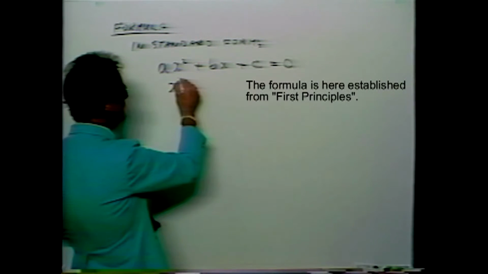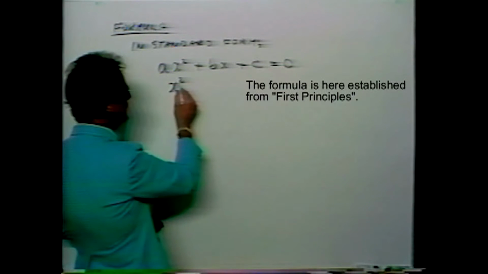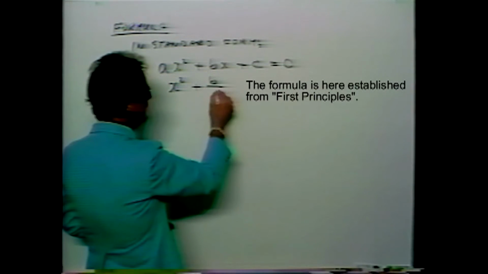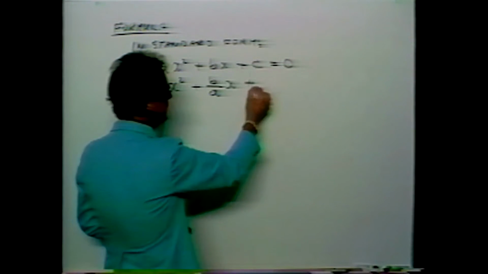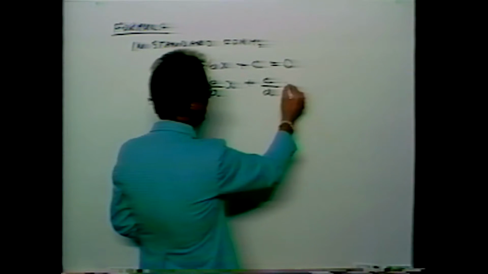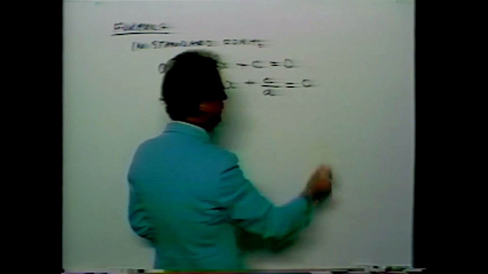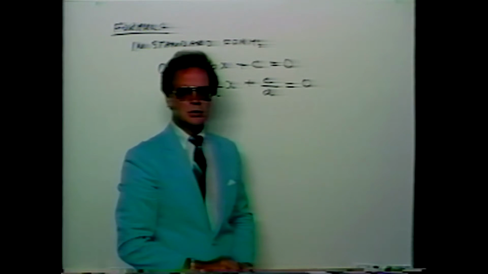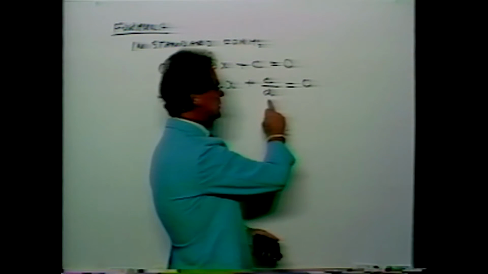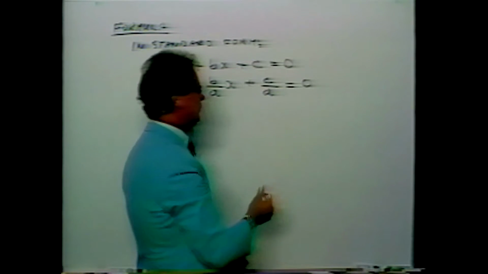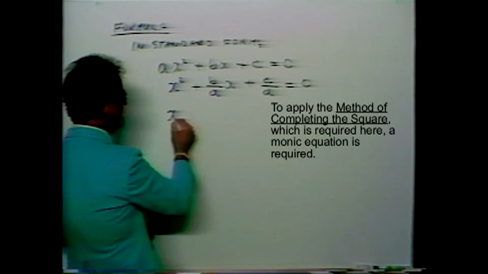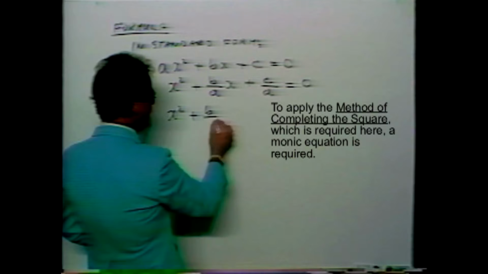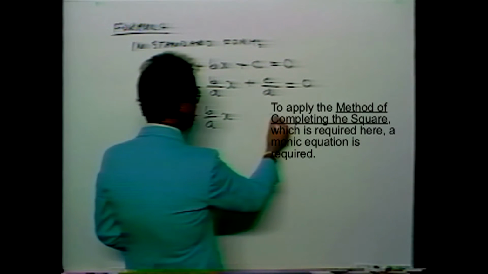Dividing by a, we end up with 1x squared plus b divided by a x plus c divided by a equals 0. Since the left-hand side is not a complete square, take the constant c over a and place it on the right. So x squared plus b over a x is equal to